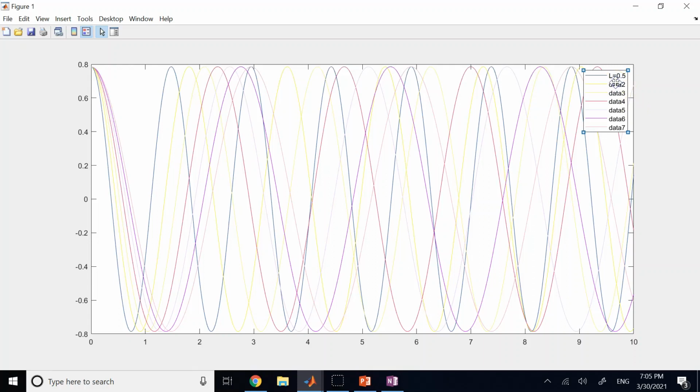And then go here and change this one, say this is for L of 0.75, and go all the way down to the last one and say this one is for L of 2. Okay, and clearly you see that as the length gets bigger and bigger, your frequency is dropping. It takes more time for it to do one oscillation,